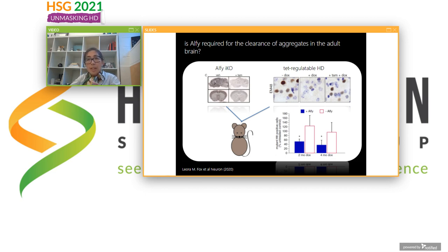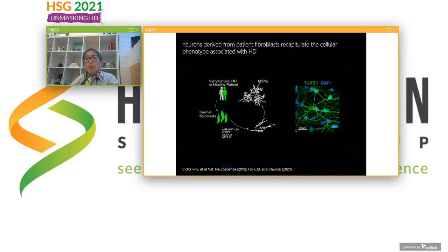So this suggested that just like how we saw clearance could go from brain to HeLa cells, the HeLa cells were being predictive to kind of give us insight into the molecular mechanisms involved for aggregate turnover, and Alfy was a common feature between these two cell lines. We also wanted to, of course, bring it back more to disease relevance and patient materials. For this, we collaborated with Andrew Yu's group, who uses a microRNA-based approach to directly convert dermal fibroblasts into medium